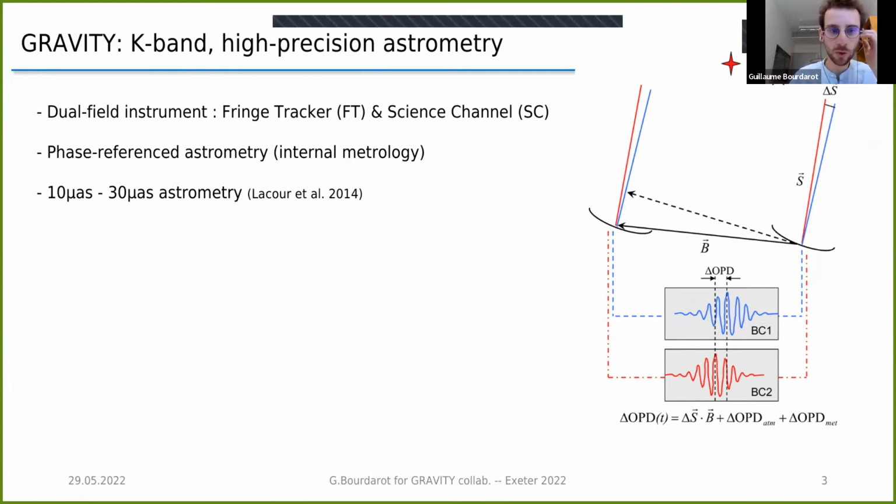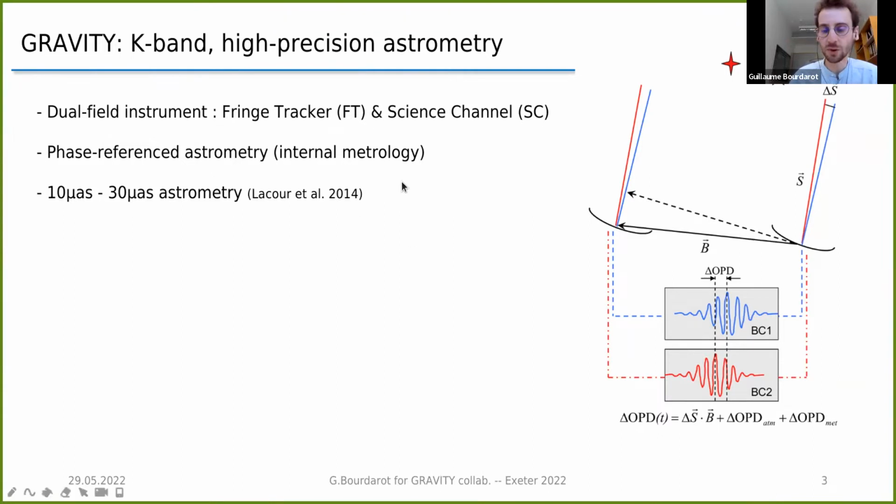GRAVITY has its own metrology system, which enables measuring the differential OPD between these channels, which allows this instrument to do phase reference astrometry. The targeted precision of the instrument is of the order of 10 to 30 microarcseconds,